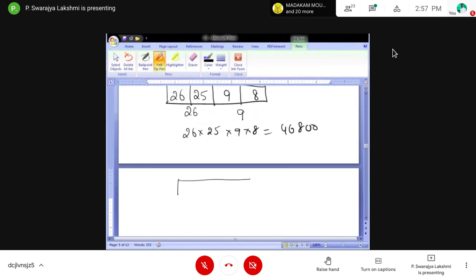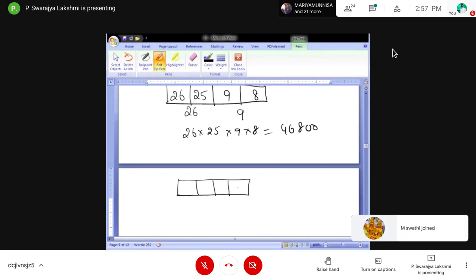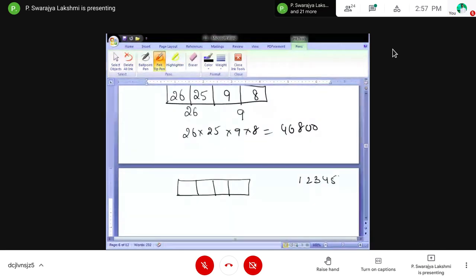So we need to select a four letter code word, and this should end with an even. So if you write 1, 2, 3, 4, 5, 6, 7, 8 and 9, the even numbers are 2, 4, 6, 8. Right?